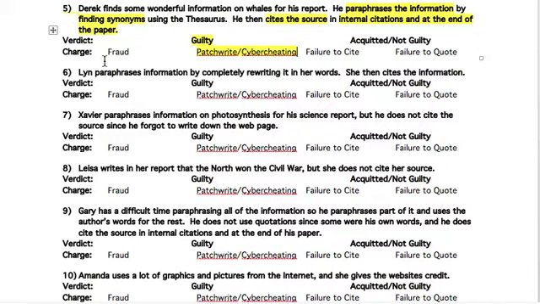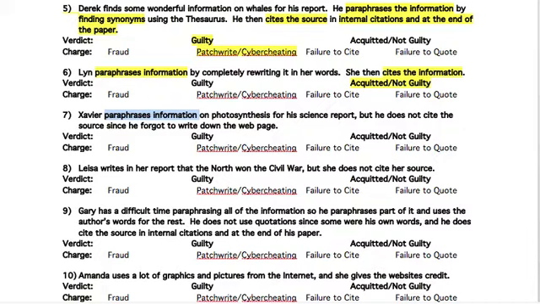So let's move on to Liz. Or Lynn. Lynn is paraphrasing. She completely rewrites it. She decides she's going to cite the information like she knows that she's supposed to, so she's going to do that. And that means that she is acquitted. Good job, Lynn. So now we move on to Xavier, and Xavier is going to go ahead and paraphrase